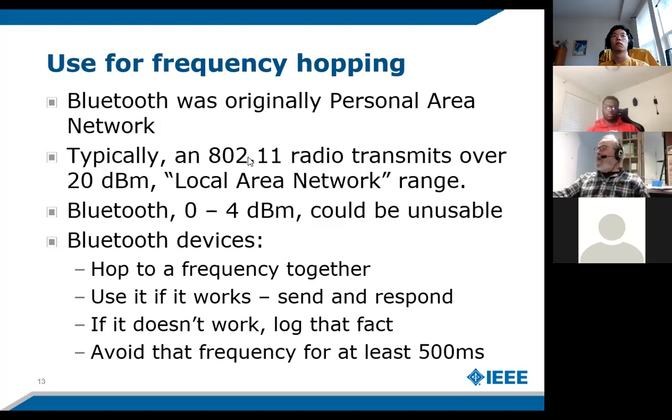Since these radios transmit 20 dBm, 100 milliwatts, versus a small number of milliwatts, if we didn't frequency hop, it would be wiped out. So to get it to work, Bluetooth devices hop together. If it works, send and respond. If it doesn't work, log that fact and avoid that frequency for a while.